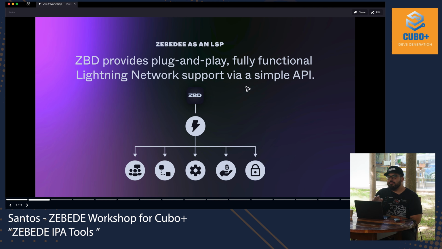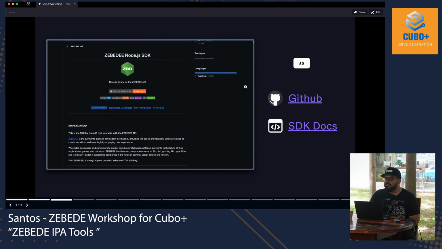So we've already covered this, but ZBD provides plug and play fully functional Lightning Network support via simple API. That's what we do as a business to business. So we have a few different things that I wanted to share with you that could be useful within the hackathon. So here we have an SDK that connects to our API that will allow for quite easy implementation of